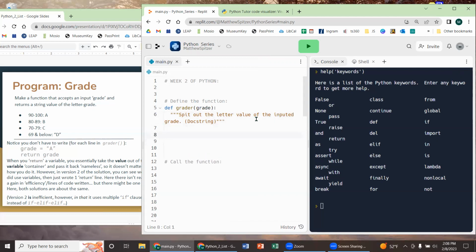And then down below, we'll want to begin to write out the problem. So we'll do this 2 ways. We'll do a quick way, and then we'll make it efficient and clean up the code a little bit. So in the problem, we have this list on the side, and we just want to go down the steps and do it that way. So we can begin by asking the question. We'll make a conditional statement with the if and a conditional question. So we'll say if grade is above or equal to